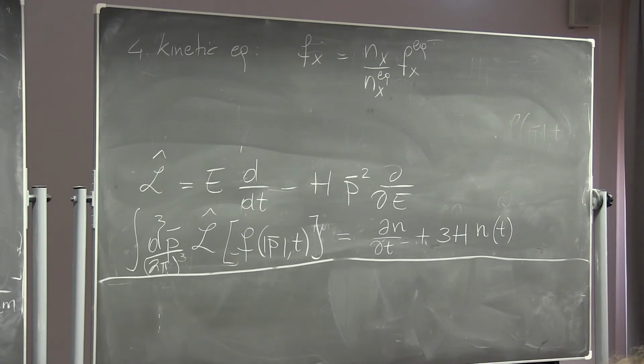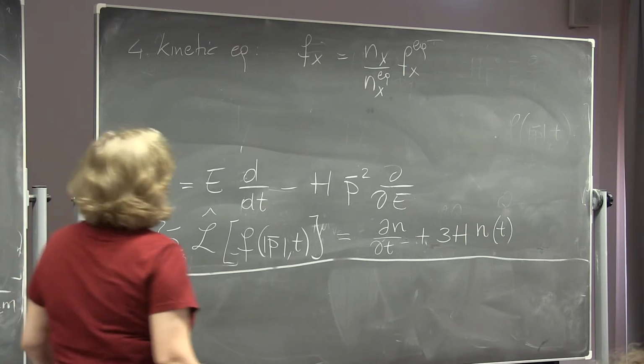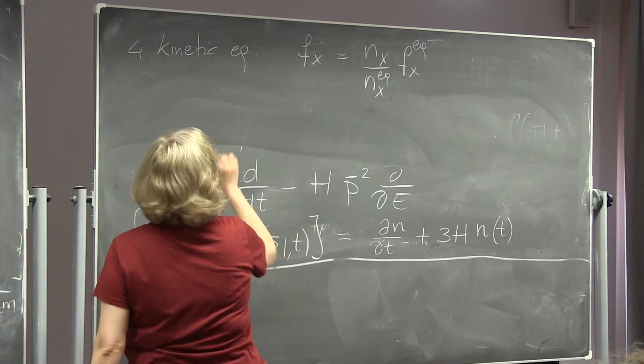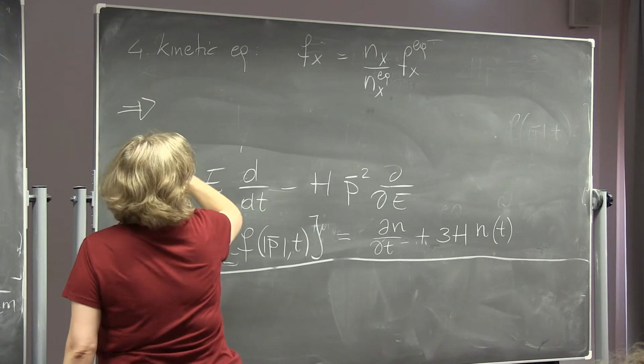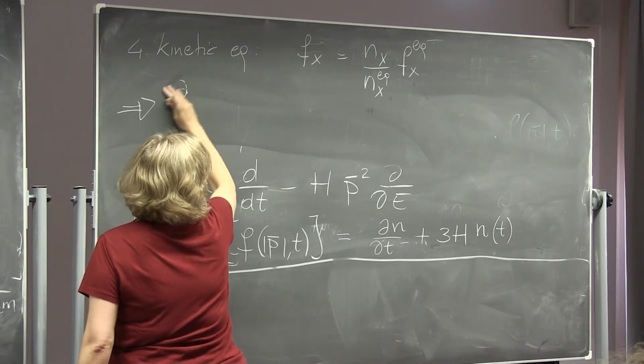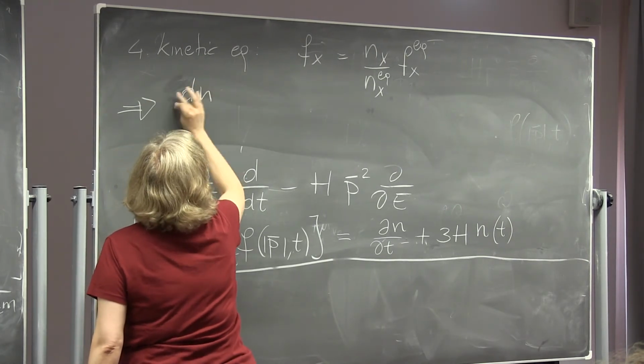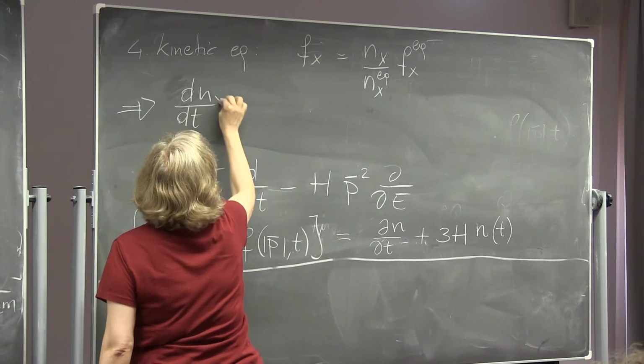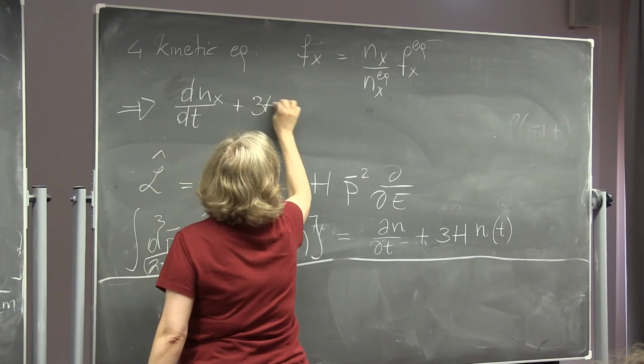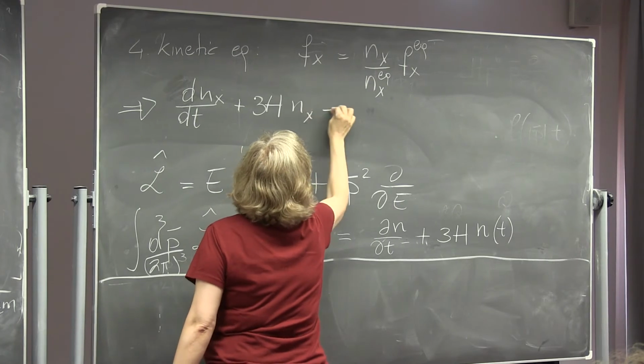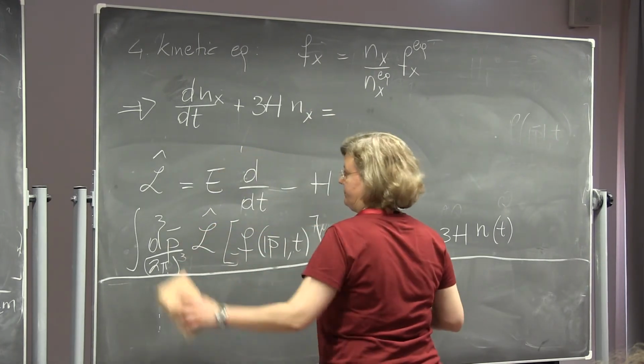This is nothing else than adding an integral in the phase space of the x particle, which we are not integrating on here. And therefore you can write the equation as dn_x/dt plus 3H n_x is equal to